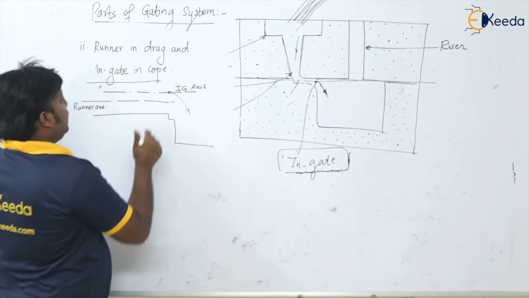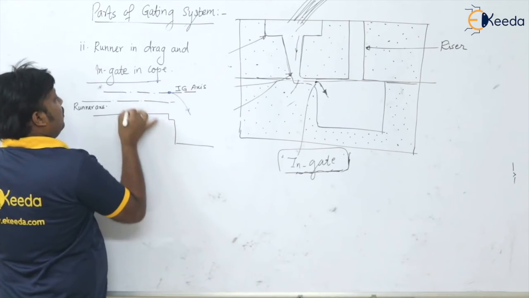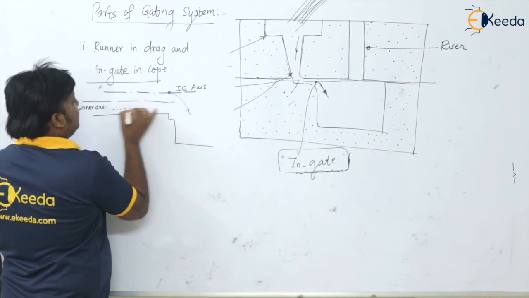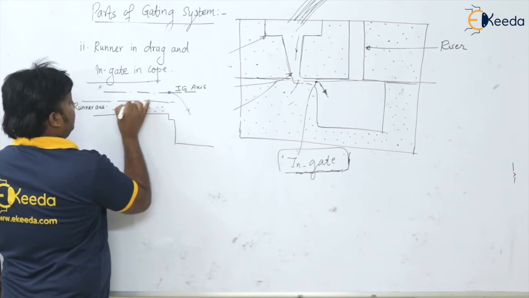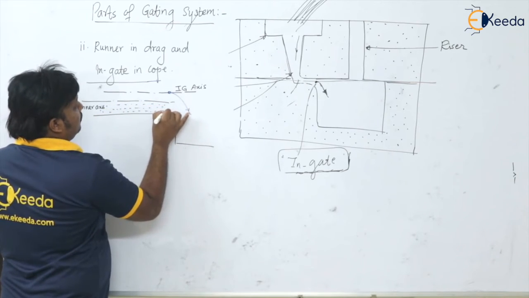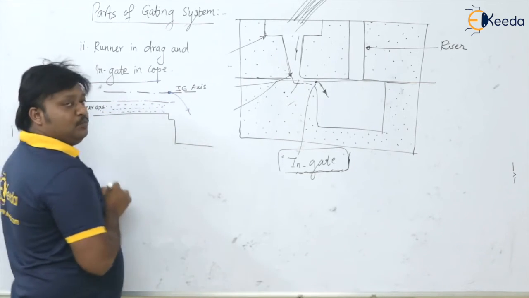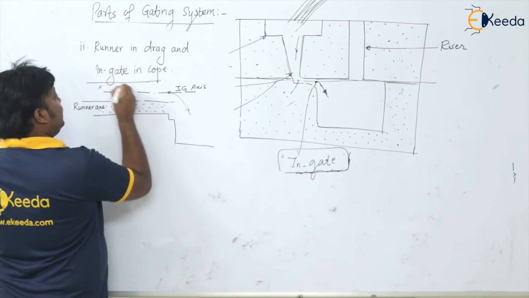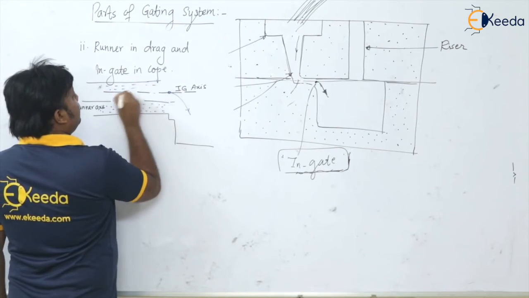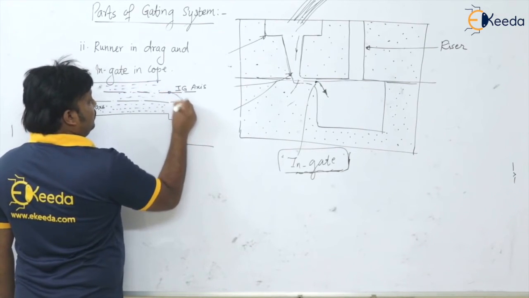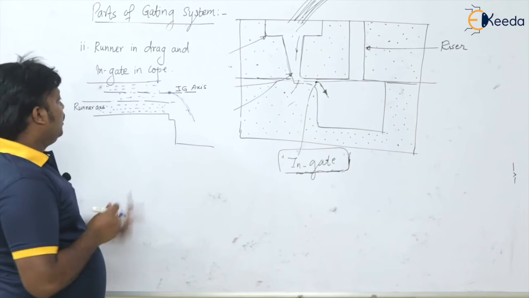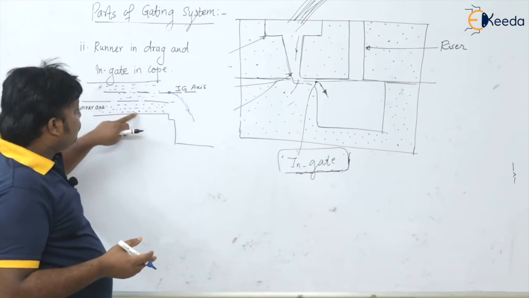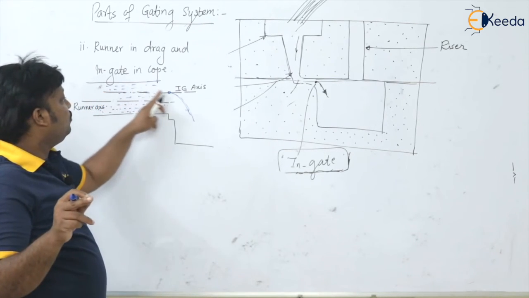Where what happens here? In the case of light or low density material, what will happen? The heavy impurities will be settled down at the bottom. See here, these blue points I am showing are impurities which are heavy in the lighter material, and only this pure liquid molten material will enter into this mold cavity. Understood? So in this case, the heavier impurities will be settled down and the pure molten material will enter into